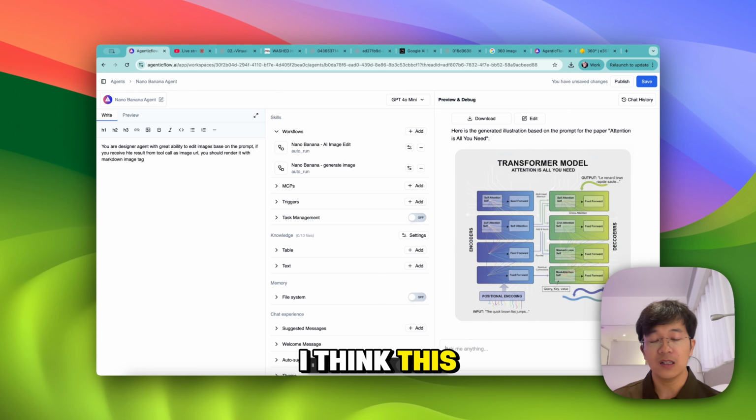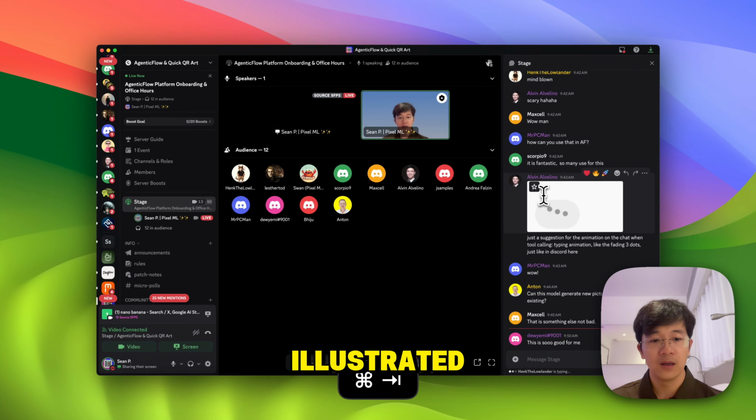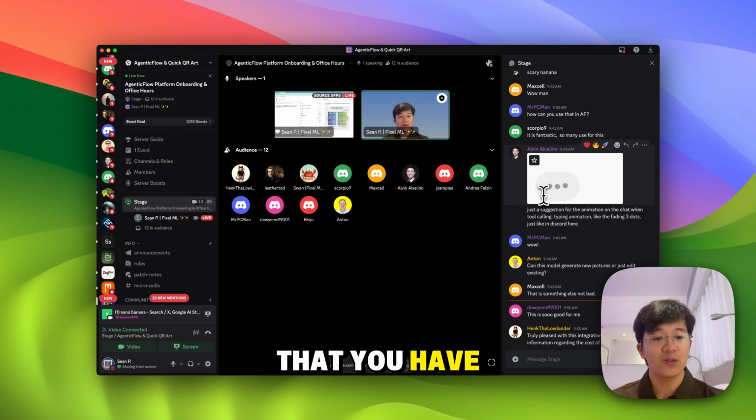But right now, I think this is much easier for me because I just write in the concept and I let an AI write a prompt for me, and then I let this model, Nano Banana, create this illustration for me. And it's much easier to explain the complex concept to the management of this one company because a picture is worth more than 1,000 words, right? It must be easier for illustrating. I strongly suggest that you try this.